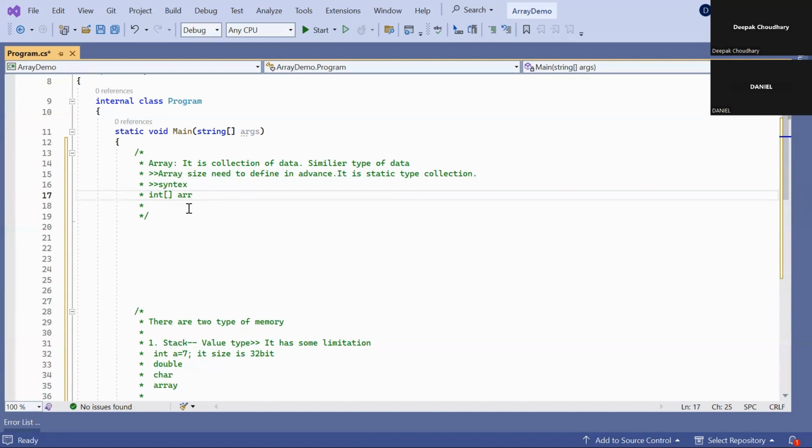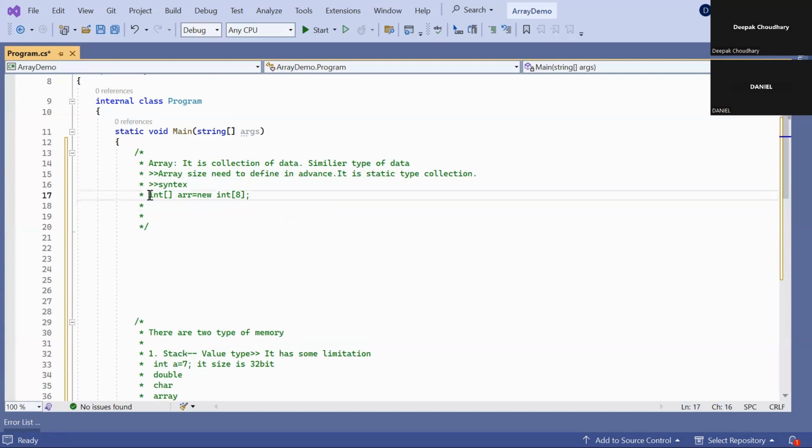Then use the assignment operator, equal. Then you write new, which is an operator. Then again declare the data type, again a square bracket, and provide the size of the array. That size indicates that this array ARR contains only 5 elements. This is the way of declaring the array.